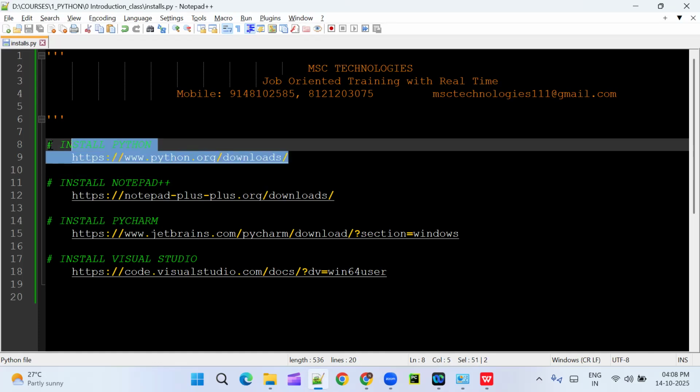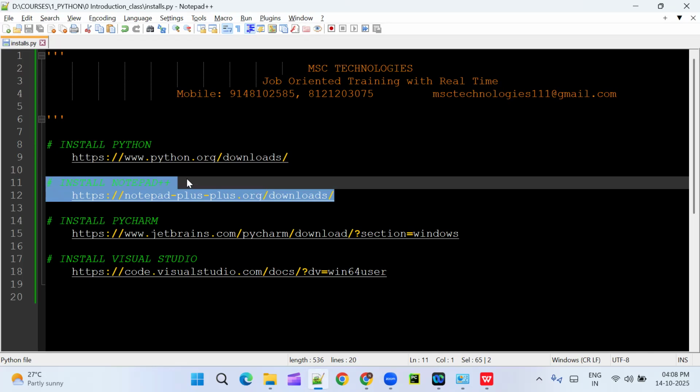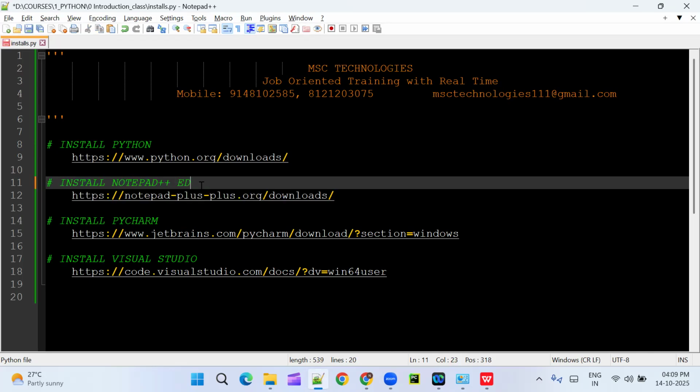The first part is completed. Next we have to install Notepad++. This is an editor. Editor means if you want to write on a file or do any edit operations on a file, we can go for an editor. This is also important. Now how do you install the Notepad++ editor? You can use this link, or